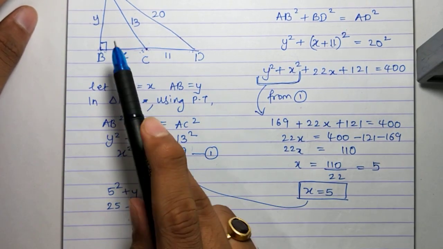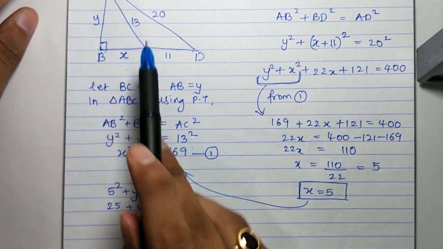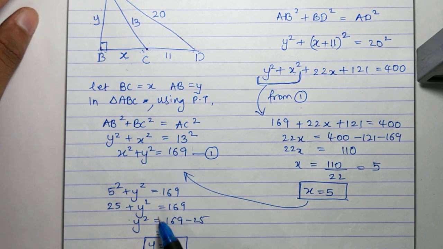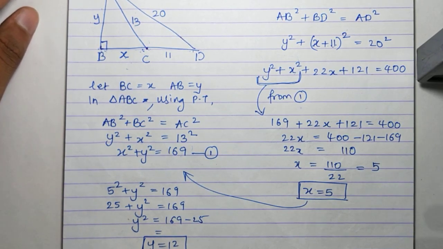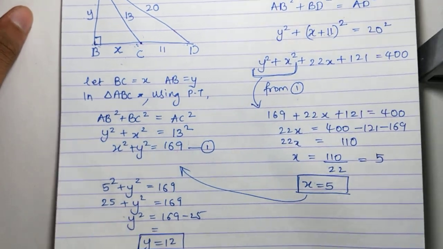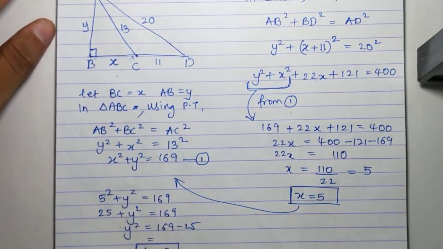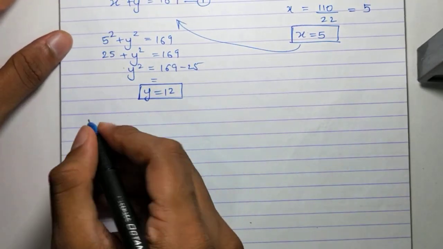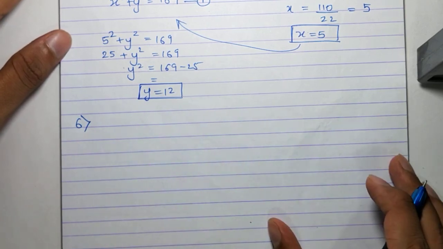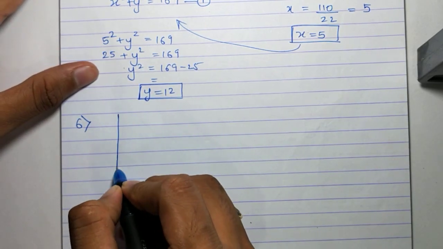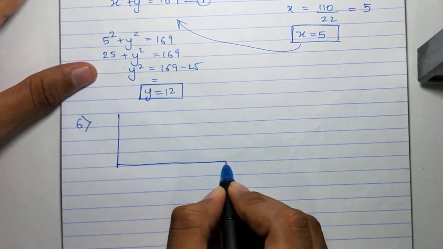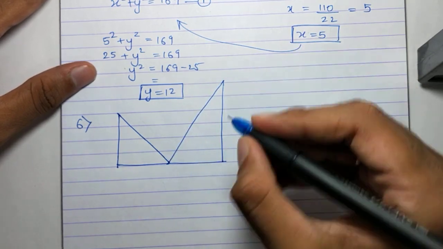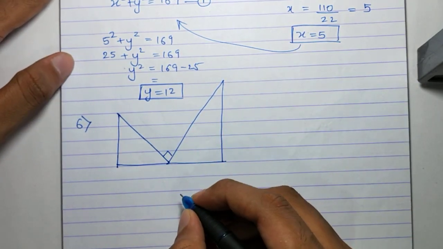This is how we have to do, because there are two unknowns. We have to take them as x and y. Apply Pythagoras first, then apply it on the big triangle, you will get x. And using that x again, we can find y. You can pause the video and copy the sum. Next, question number 6. 6 is very easy. You can solve it in fact without my help. Those who have understood the concept properly can even pause the video and try the sum on their own.